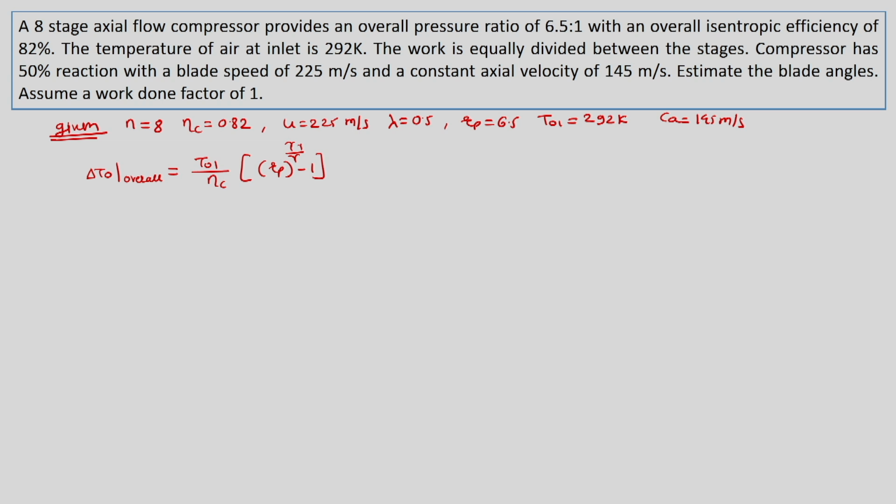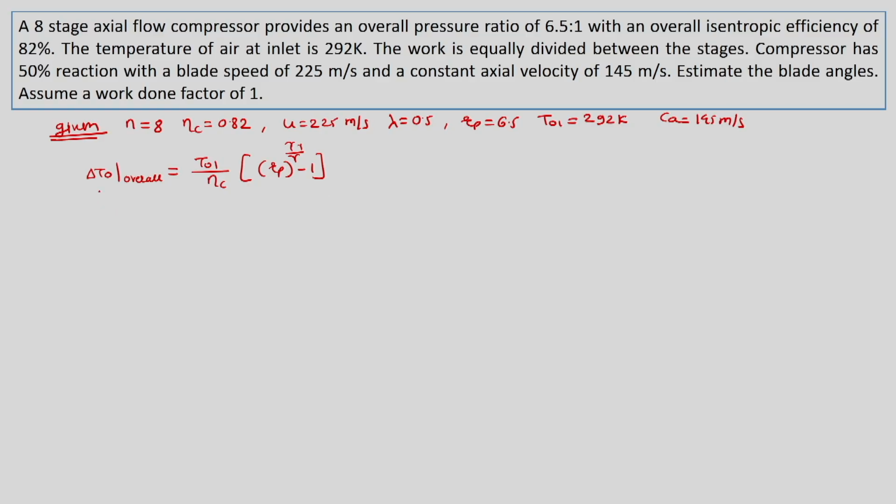This example we are solving for air, so gamma will be taken as for air unless otherwise said. Further, we are working for a compressor, so we should take gamma as 1.4. The same gamma will change to 1.33 in case of turbine, since we will have reacted products as gases flowing through the turbine. This is overall temperature ratio,